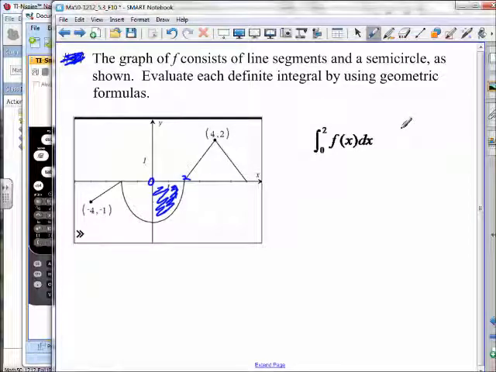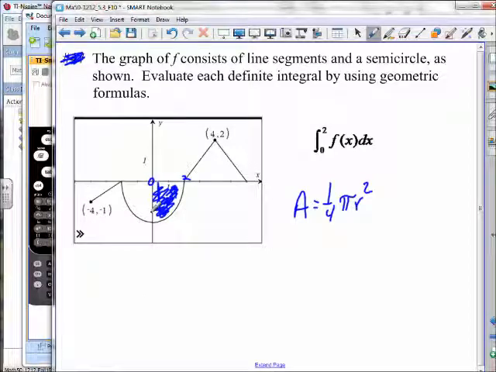Now it says evaluate using geometric formula. What geometric formula is this portion? I heard half a circle, and I can't take that. What? A fourth of a circle. Yeah. Yep. So it's 1/4 pi r squared. What's the radius of that circle? 2. So if we knew the shape of, if we had the function for this, we could come up with,